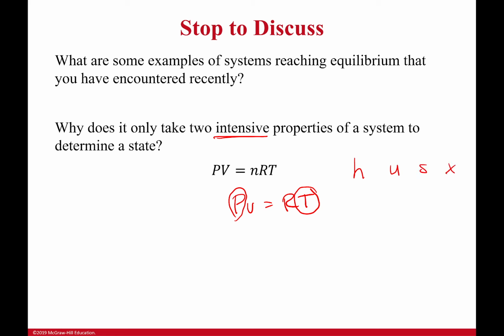There's a whole bunch of other properties we haven't gotten to yet. And these are also 2 properties that we can use to determine the state of a system. And we're actually going to have to use those to determine the state of a system. So just remember that as we go forward, we're going to be using all these properties to figure out where we are, because if we don't know where we are, we can't solve our problems. And I'm sorry, the biggest reason for this is because you need it for tables. That's how you're using all of these, is always to figure out where you are in the tables so you know all the information you need.